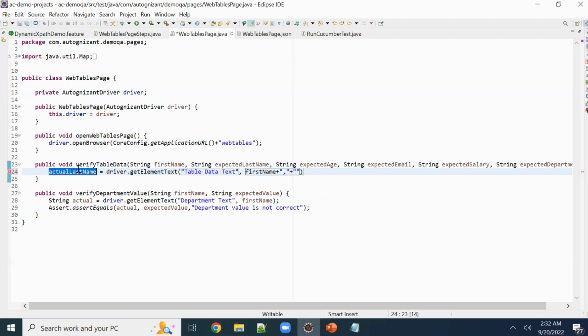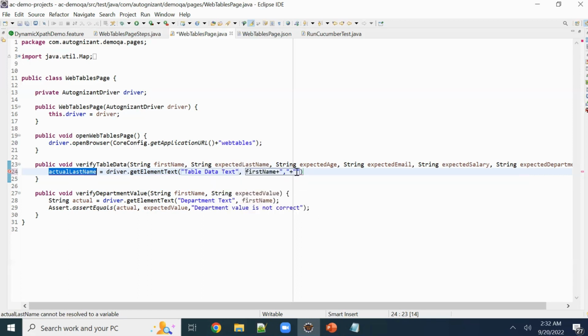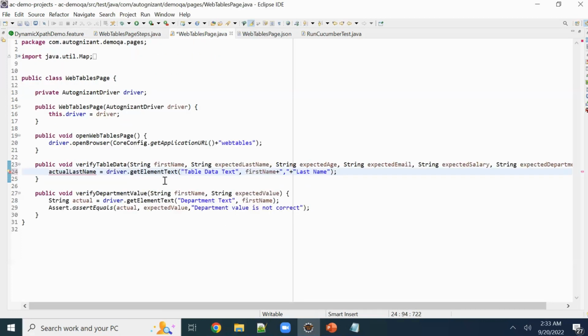So for capturing the actual last name, we need to provide the column name, that is last name, or last name is our column name over here. Similarly, we need to provide all column names in order to find out the actual values from the web page,